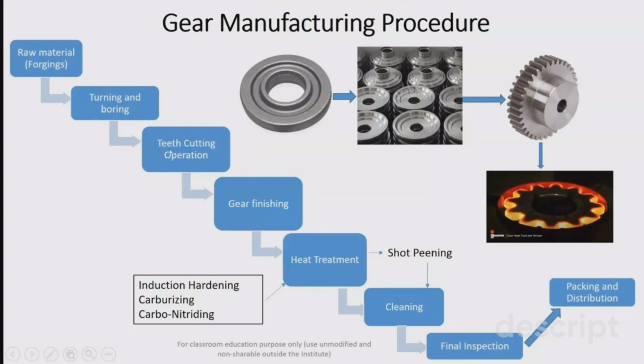Then the next step is the teeth cutting operation. If you remember, you might have cut teeth in your PT lab with the milling cutter. There are different types of gear cutting operations. We will discuss them in our next slides. Then you have teeth cut on the surface. After this, you have finishing operations. Finishing operations are used to remove the burrs and some unwanted edges which are formed during the teeth cutting operations. It is also used to remove some surface irregularities